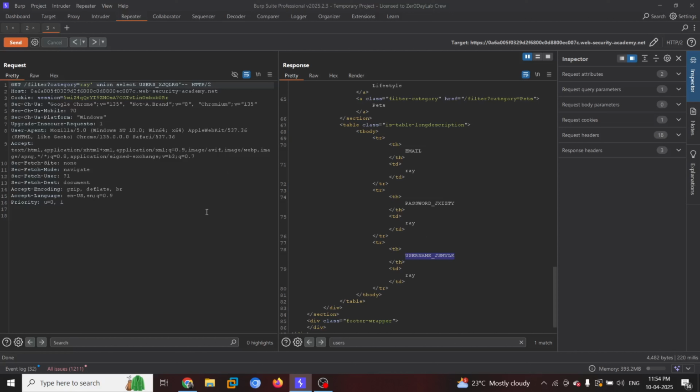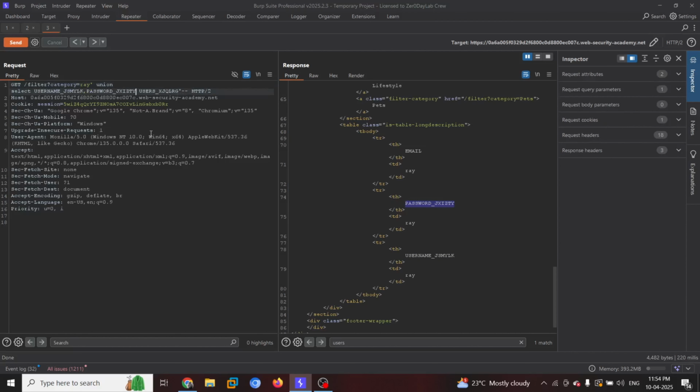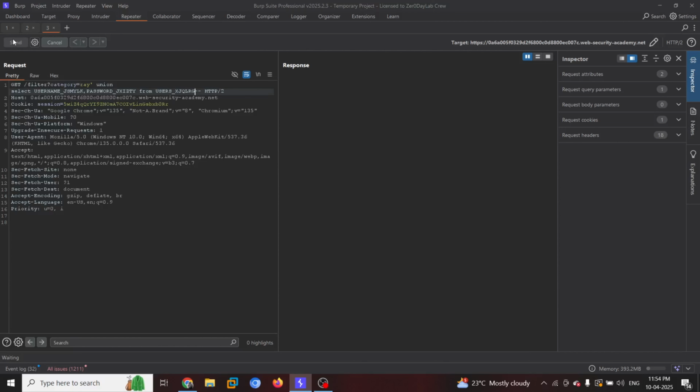The first is username. One second, let me go ahead over here. Copy from this, paste it here. Space. Let me provide the password as well. Paste it here. And from what? From this table. Then I need to remove the single quote and hit enter.